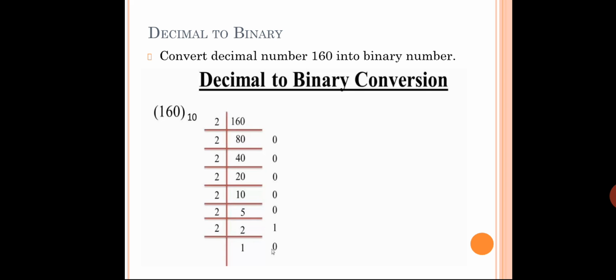So this is the example: how to convert decimal to binary. That is what I was trying to say, how to convert your actual real world number to a binary number. I already said in the previous slides that the computer only understands binary, 0 or 1. Why? Because in the first video I explained about signals. Do you remember that? Whenever I say signals, obviously it will be either on or off, or 0 or 1, isn't it?